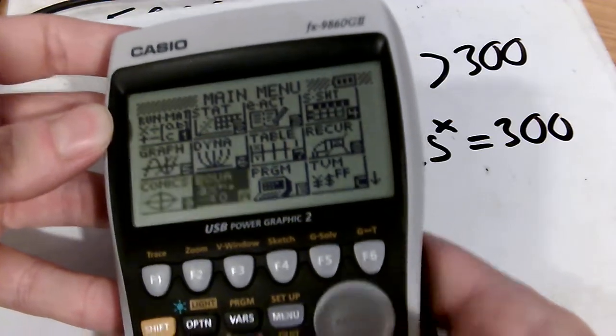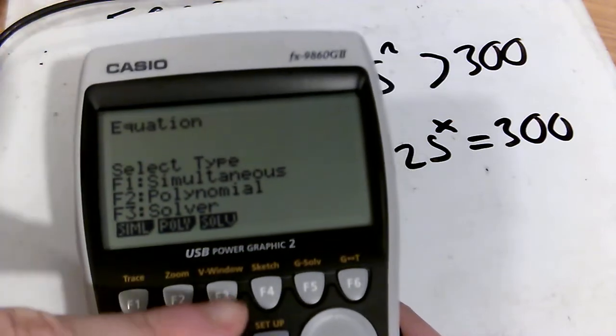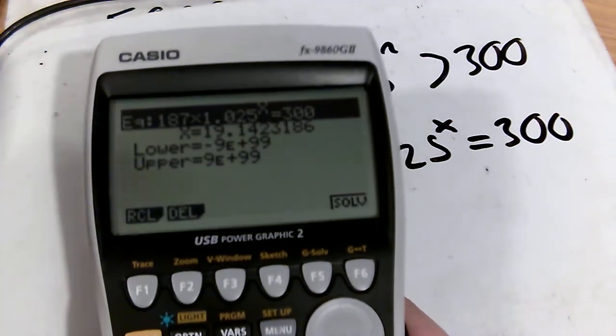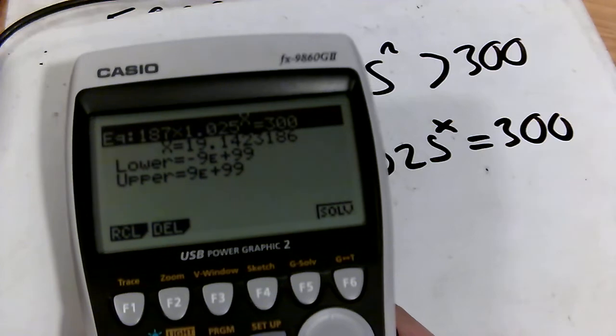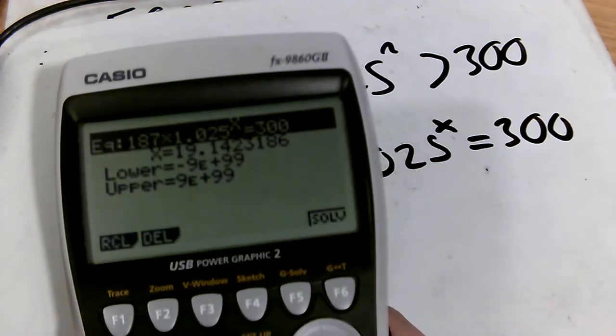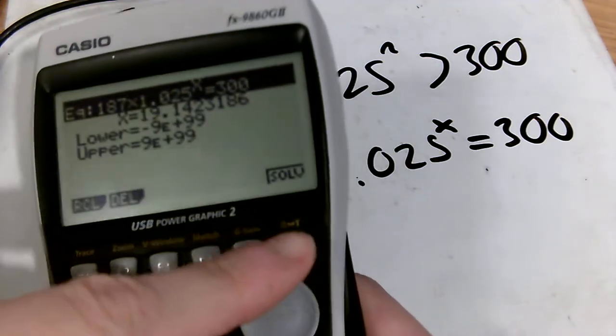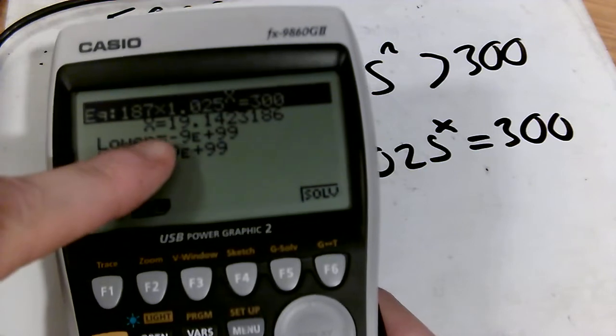So we'll go to equation, solver, just a regular solver in this case, so I'm going to press F3. I've already put it in there because I practiced this before, but you can see there 187 times 1.025 to the power of x equals 300. Press equals, make sure you press equals and actually press the solve button as well, and you'll see it comes out as